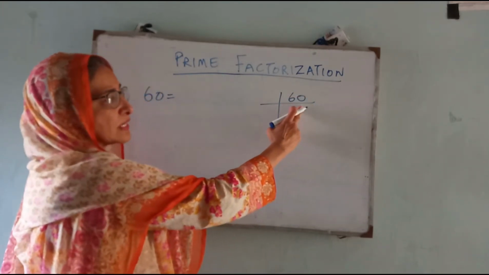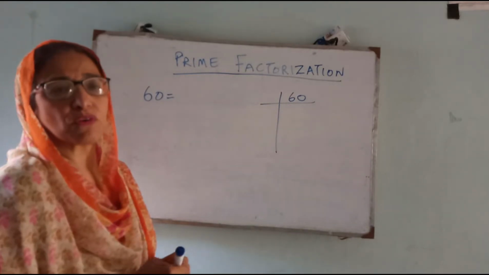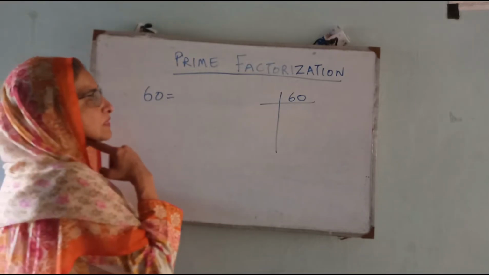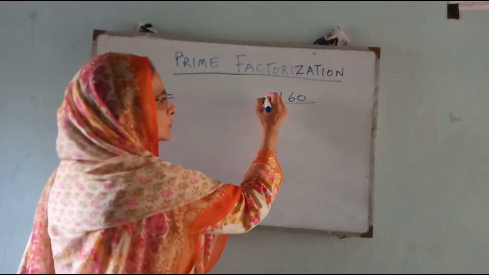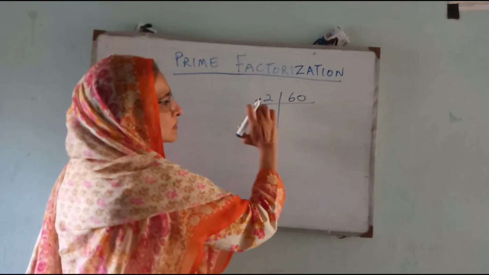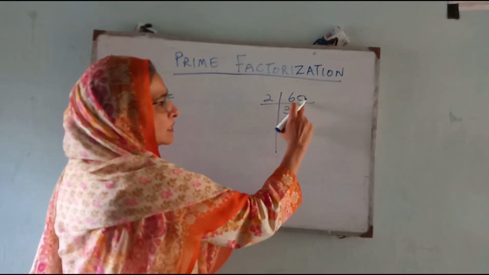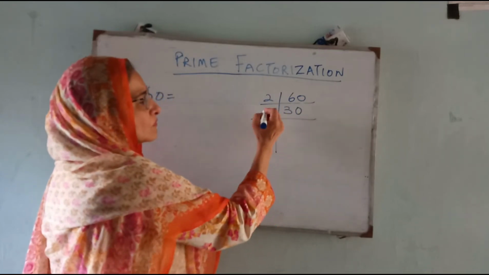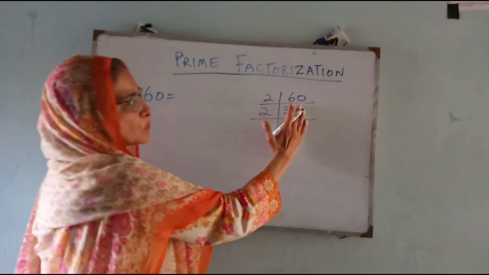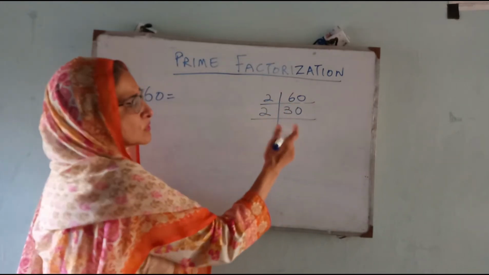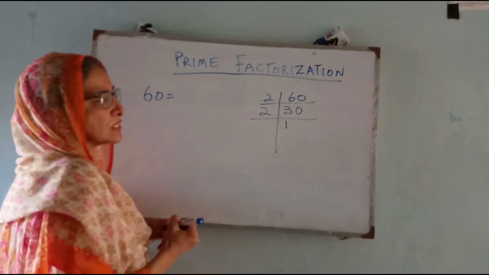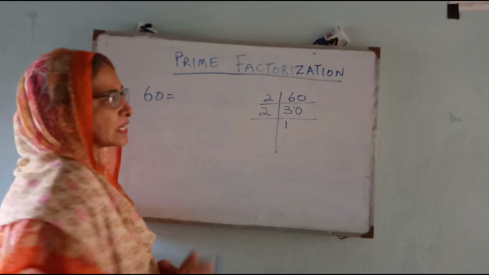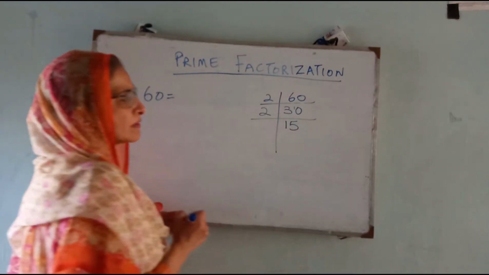Since 0 is coming in the end, this can come in the table of 2, it can come in the table of 5. So I will prefer that I should take the smaller number 2. 6 divided by 2, my answer will be 3. This 0 I am going to note as it is down. Then once again 2, and I am going to take this 3. This 3 divided by 2, this is going to divide 1. 2 1s are 2, 1 is the remainder, 1 is going to come with this and it will become 10, 2 5s are 10, right?